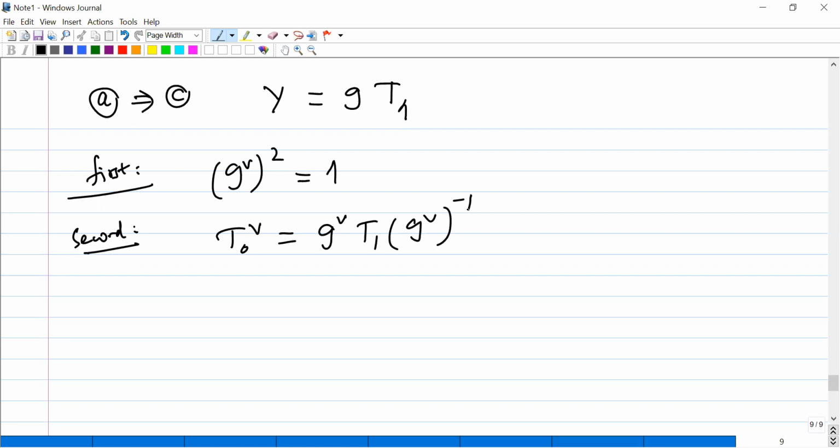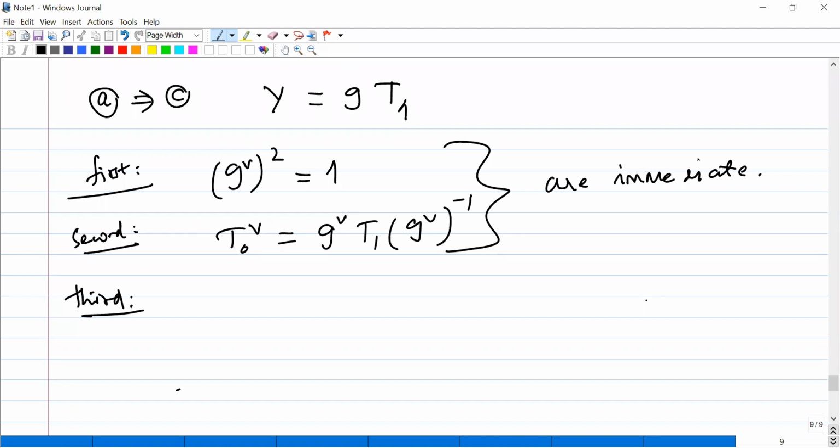So now let's see how one can prove the third one. The third relation, what did you say here? These are part of the relations in A, right? Yes, they come directly from the relations of A. They are immediate, I don't need to prove anything. That's what I'm saying. No, you are assuming the relations in A and proving the relations in C hold, or which one are you doing? I am assuming the relations in A and proving the relations in C. Sorry, I was looking at B. I am using Y to be equal to GT1. Thanks.